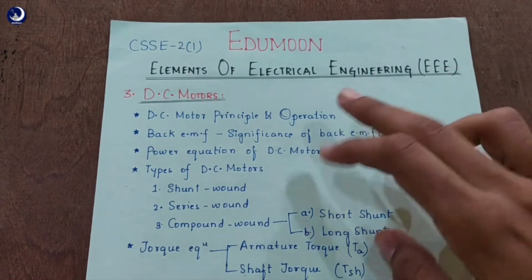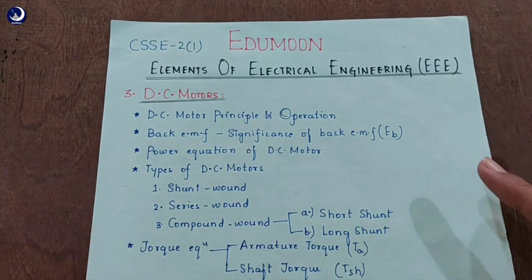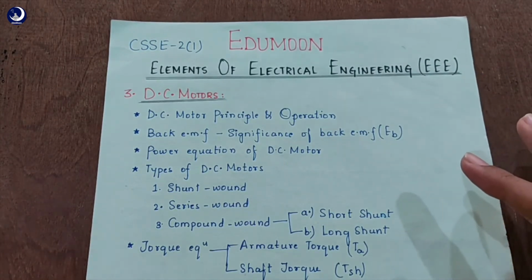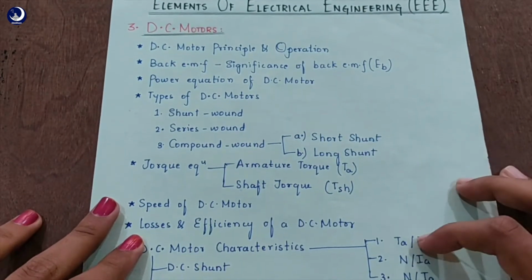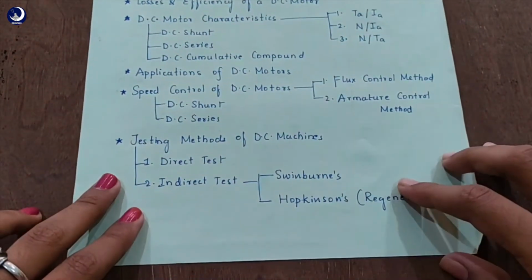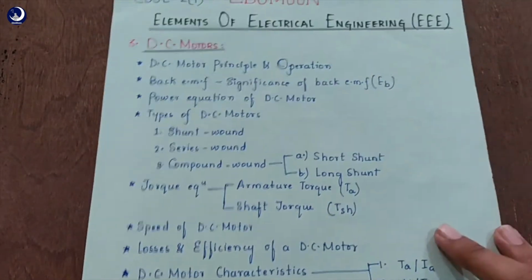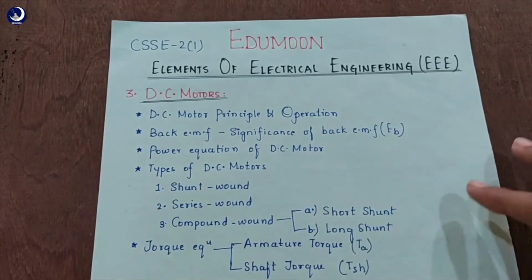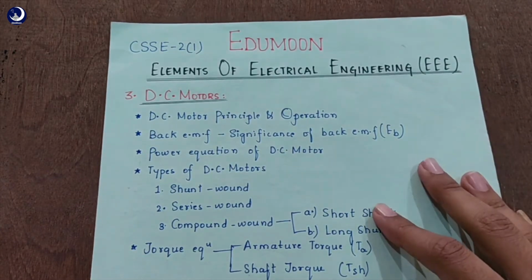Today we are going to start our third chapter, that is DC motors. In any subject, if you feel the subject to be tough, you do a simple thing, divide it into simpler topics. It will really make your work easy. I have divided the DC motors chapter into smaller parts and it is really easy for me to teach in this way. Now coming to the DC motors, since you have finished your DC generators chapter, it is pretty much easier for you to understand this DC motors.